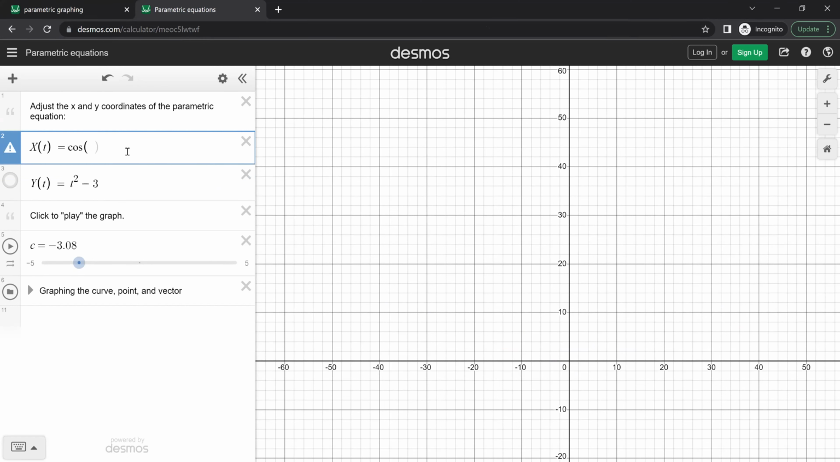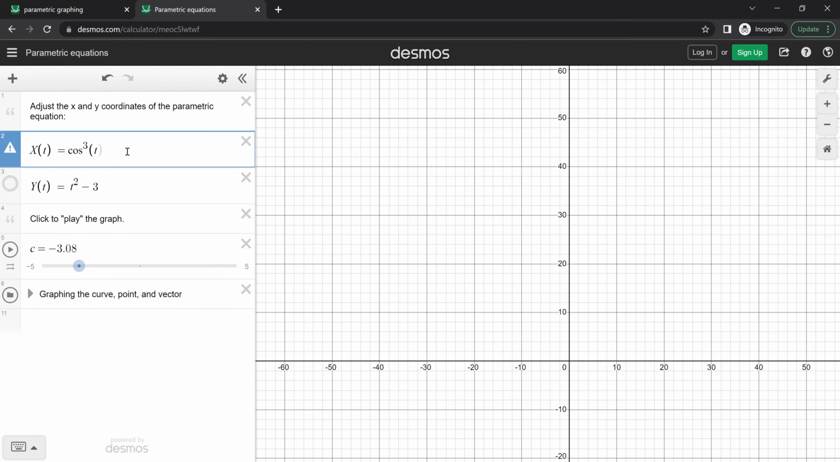4 cosine. I don't know if it likes powers of 3t. It doesn't. So I've noticed that it doesn't like powers of 3. So you have to actually change it to a power of 2 times a power of 1. You get it? And then y